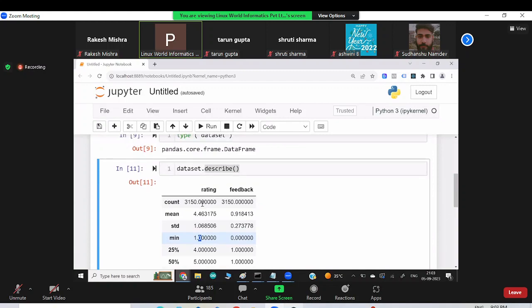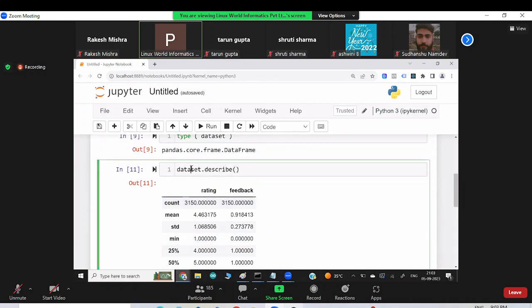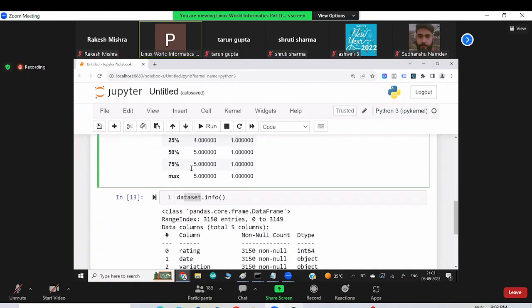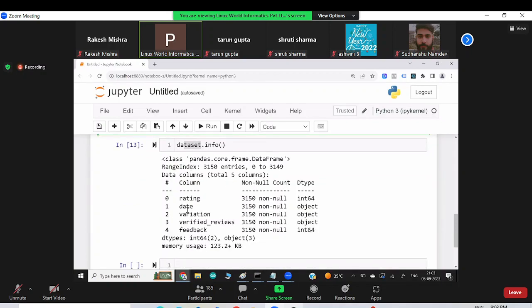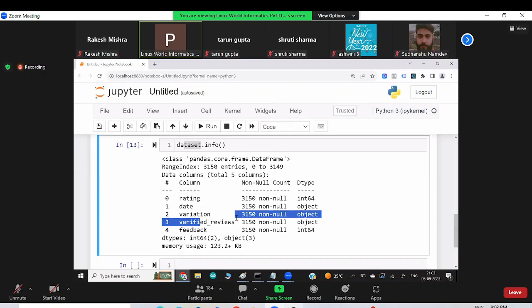So the describe function will automatically go and find in this data set. Can we describe the date? No. Can we describe the review? It is in English language. No, we don't understand the English language till now. For understanding the English language, we have to use NLP. That's the plan for today's class. Because I am a machine, pure Python, the only thing I can understand is numbers. So if your data set has a number, I will describe it.